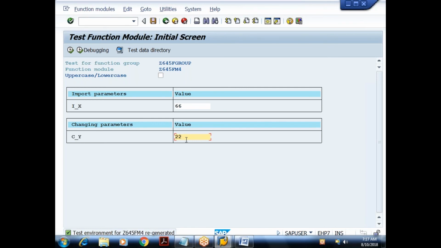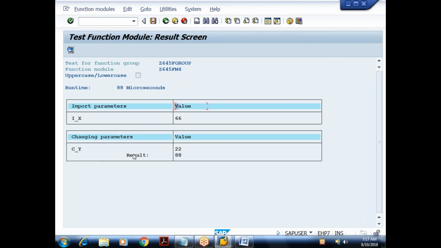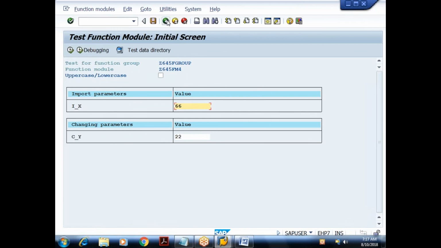We are doing the calculation and it stores the result in the same variable. When I execute, in the same variable I got the result as 88. Understood. If you want the same variable for passing the input as well as for holding the return value, we can go for a changing parameter.